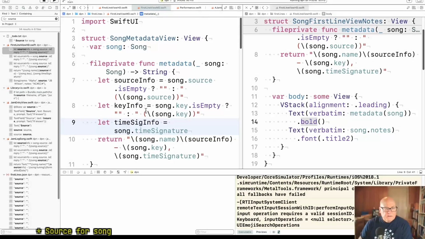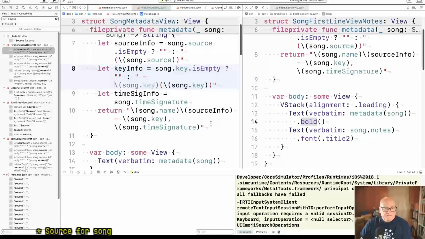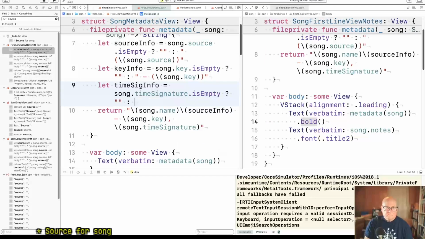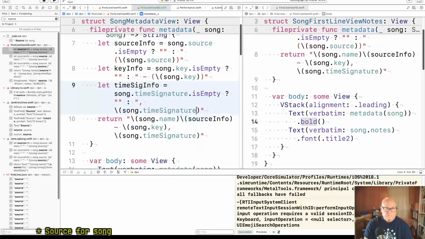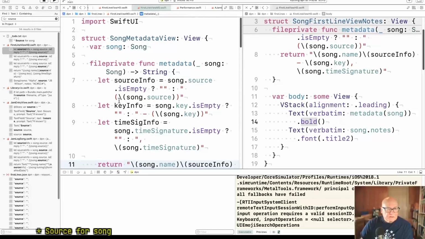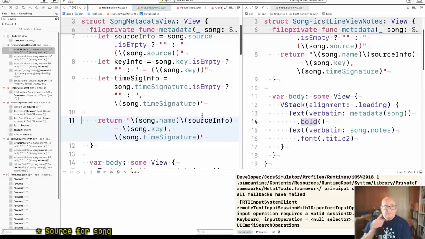This one is space dash space. Okay, so we want the leading elements and this. And then this becomes